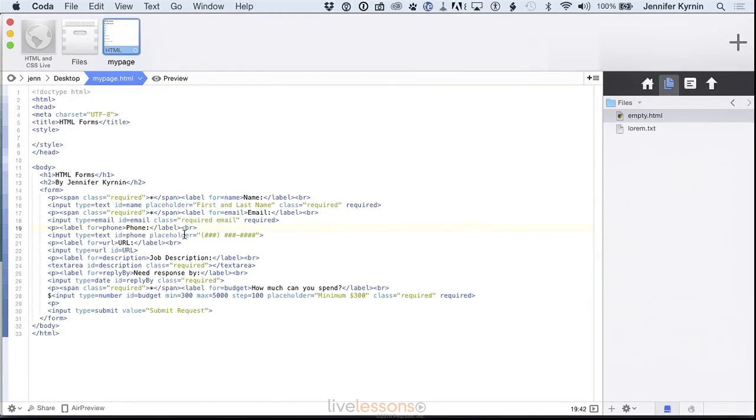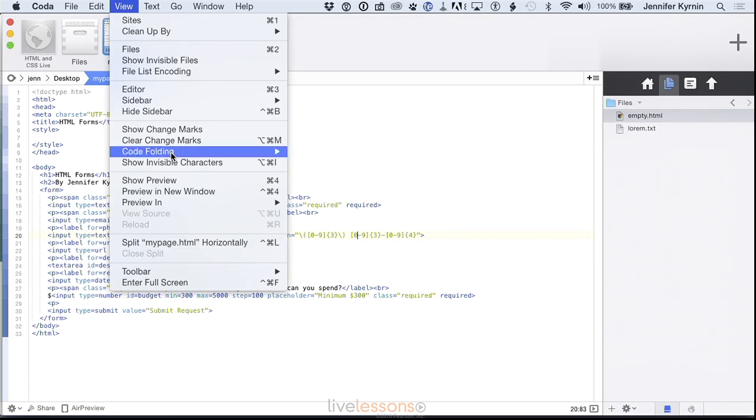We're going to go into the form input field and we're going to add a pattern. Now this pattern uses regular expressions to define how the phone number should be held. And in this case, I want it to be an open parenthesis and then any number from 0 to 9 3 times, and then a close parenthesis, then a space, then again any number from 0 to 9 3 times, then a dash, then any number from 0 to 9, and that should be repeated 4 times. If we save this in here so it has this pattern, then if we preview it in Chrome,